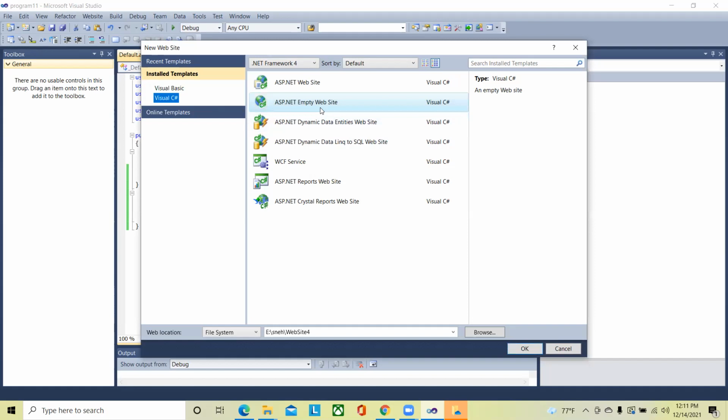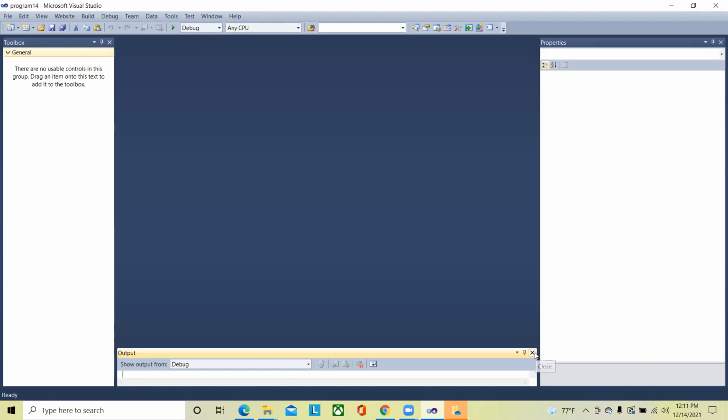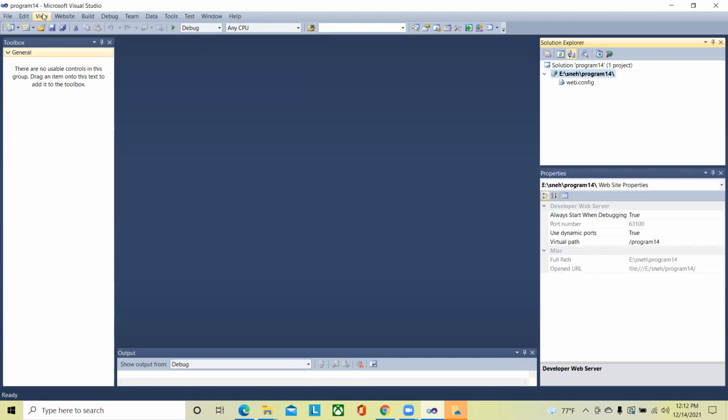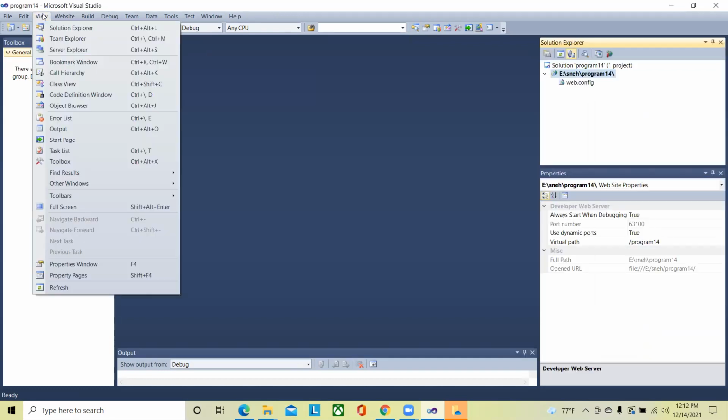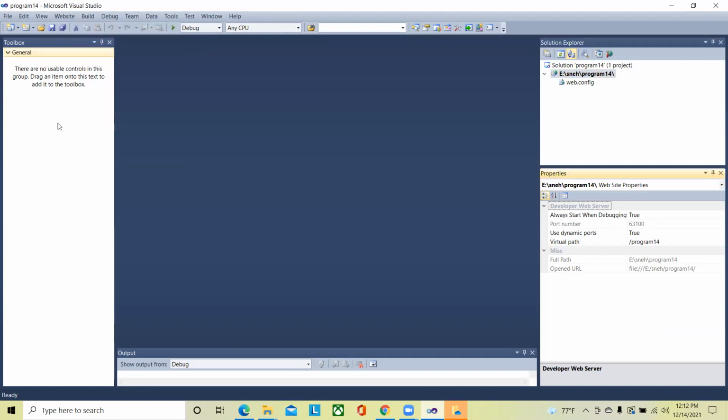Choose Visual C Sharp ASP.NET Empty Website, right? Then choose the folder where you want to store it. So here I will name it program number 14. Okay. Then go for the OK button. All right. Now you can see that an empty screen will appear. So just go for View, Solution Explorer, right? Then you can go for View, Properties Window.